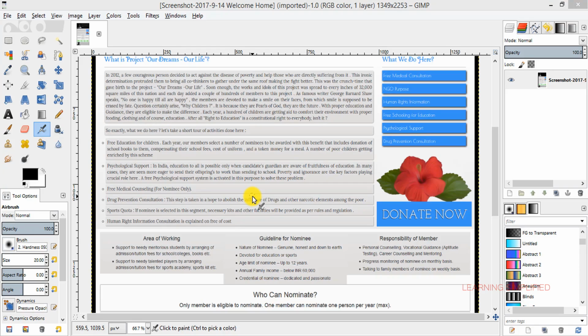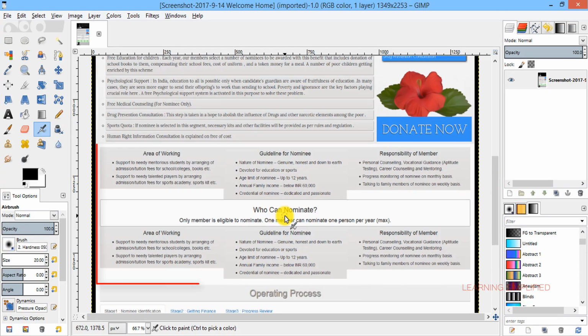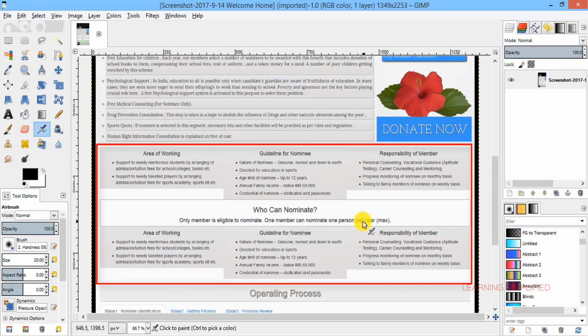In this part, we are practically going to understand the column distribution of our template that we are presently working on. So we will be building up this part here. So let's proceed.